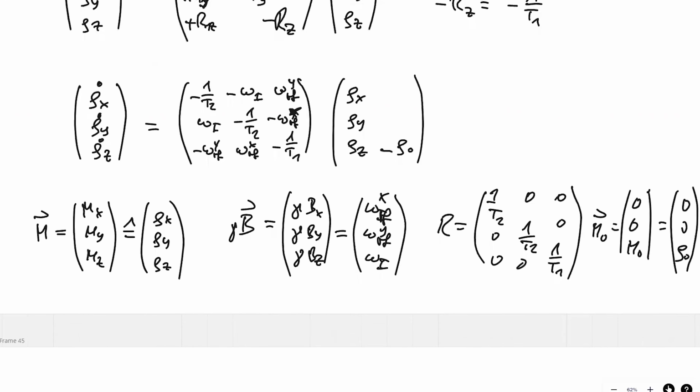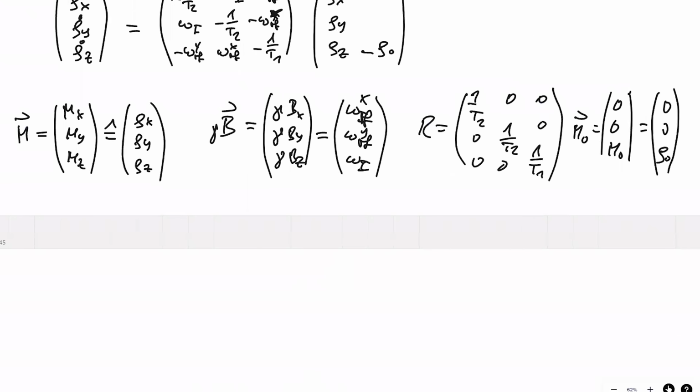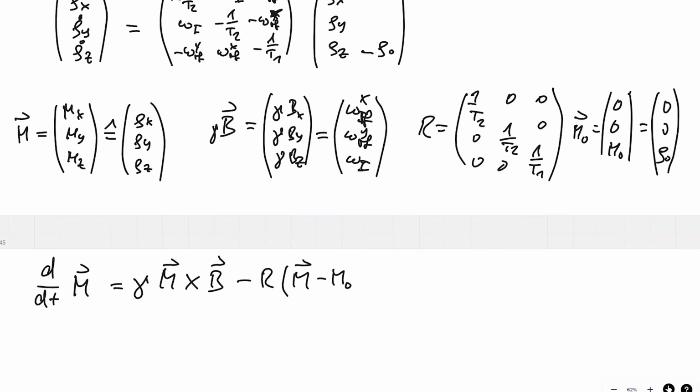If we take this, then we can write the upper equation as d of the dt m equals gamma m cross b minus R times m minus m0. And that equation is the shorthand notice of the famous Bloch